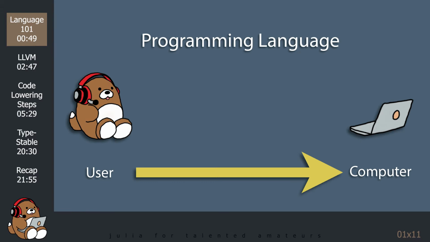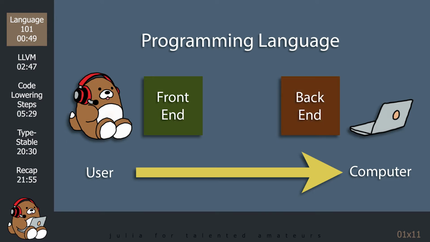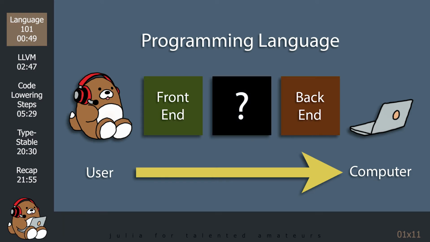If you want to design a new programming language, what would you need? You would need a front end. The front end is the syntax and semantics of a language that a user would need to express their thoughts in text form. You would need a back end. The back end is the actual machine code that your computer can understand and execute. And you would need a mystery box. That mystery box is what converts your human-readable text file into something a computer can comprehend. For many programming languages, the mystery box is something called a compiler.